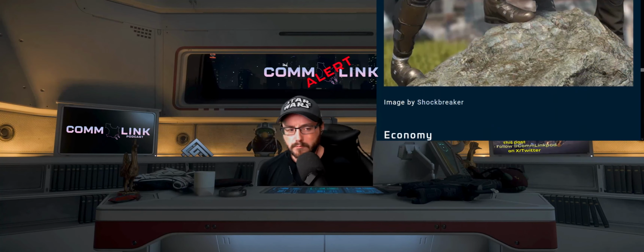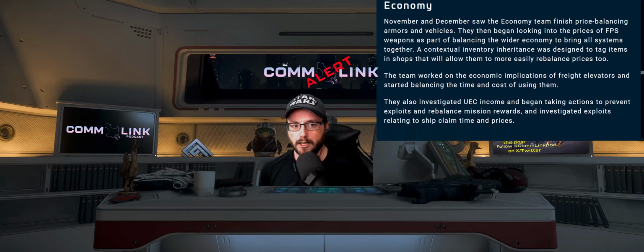Economy. November and December saw the economy team finish price balancing armors and vehicles. They then began looking into the prices of FPS weapons as part of balancing the wider economy to bring all systems together. A contextual inventory inheritance was designed to tag items in shops that will allow them to more easily